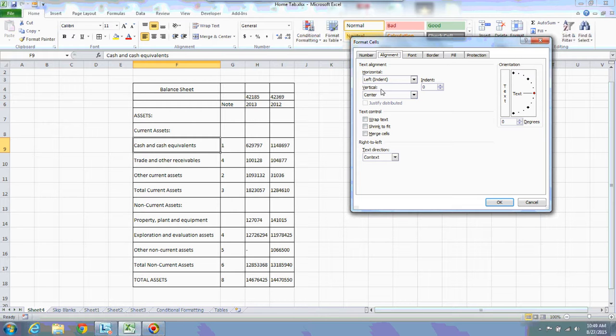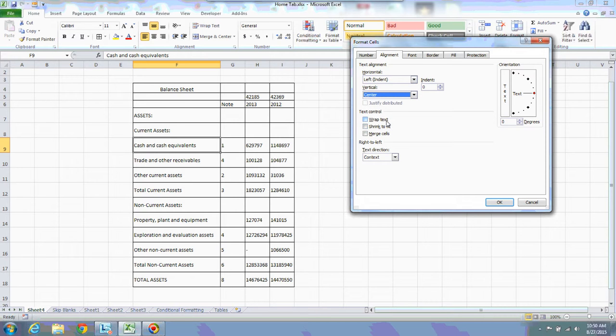Now let us explore vertical alignment. We have already seen what is the vertical alignment. Top alignment, this is top alignment, center alignment, this we have already seen, central alignment. Bottom alignment we have already seen. Justify, similar to the horizontal justify, you can also observe the same justification for vertical alignment too. Distributed, we have already observed distributed. In horizontal, the same distribution will also be applicable for vertical. It is doing vertically, this is doing horizontal. That is the only difference, but the concept is same.